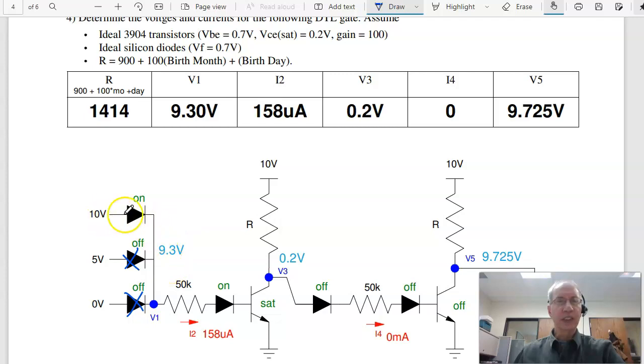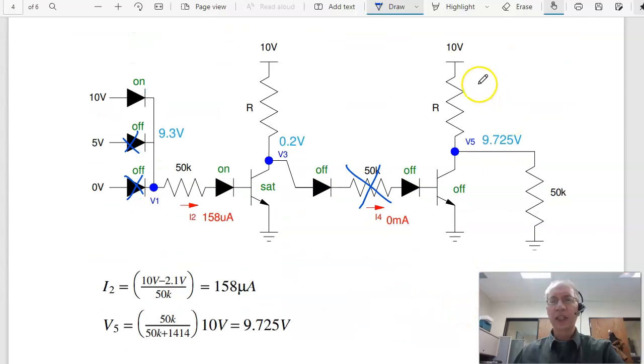The current is I've got 1, 2, 3 diodes in series. 10 minus 2.1 over 50K gives you 158 microamps. That allows 15 milliamps to flow, beta IB. I'm only trying to push 10-ish, so this saturates, making V 3.2 volts. 0.2 is not enough to turn on this path. I need 2.1 volts to turn these on, so this current is 0. And that turns off